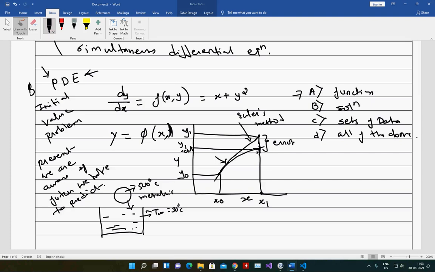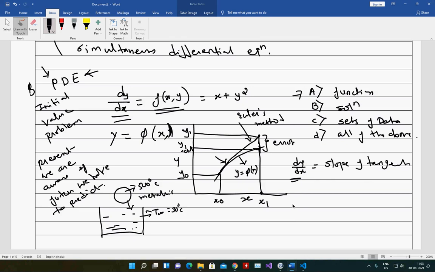The tangent is a differentiation of this function. If I call this y equal to phi of x, the differentiation gives me a tangent. So dy by dx is the slope of the tangent, and dy by dx means f of x, y. Now I can write the slope in two-point formula and slope in tangent form.